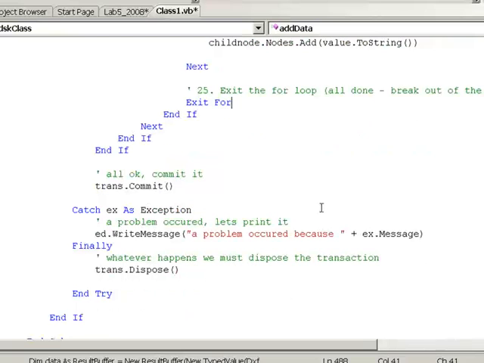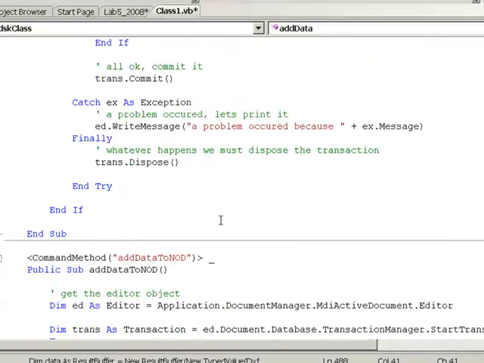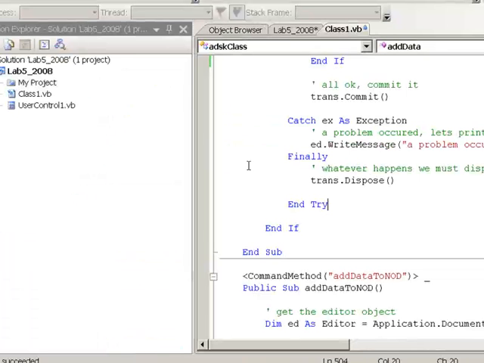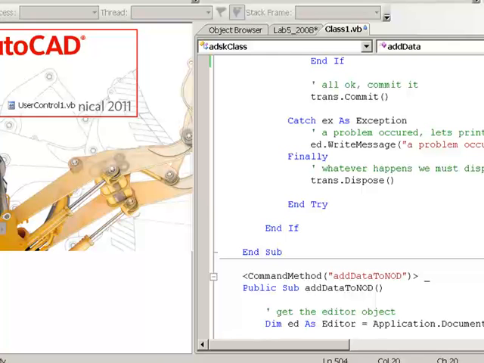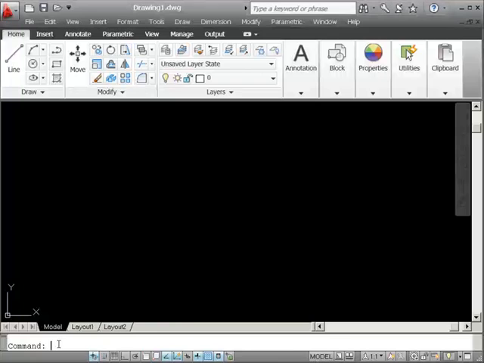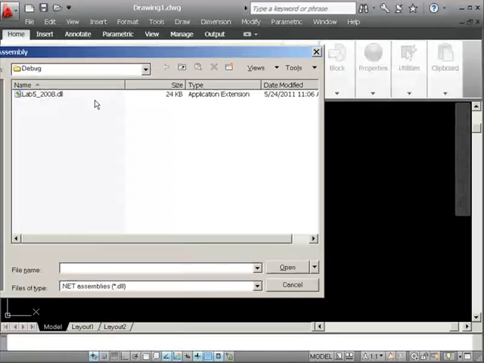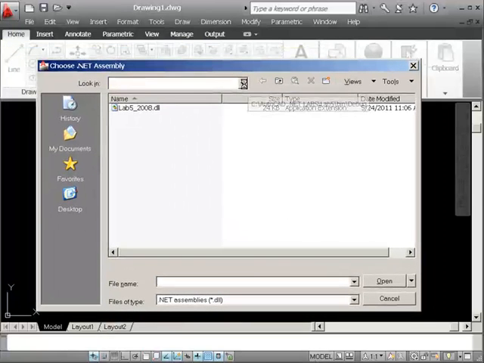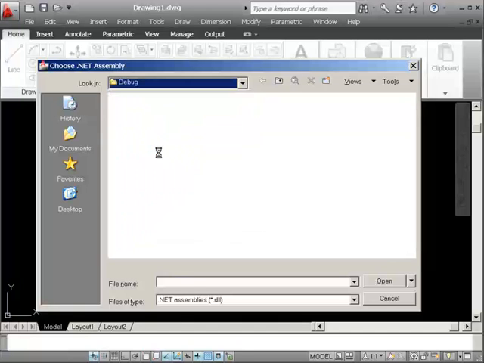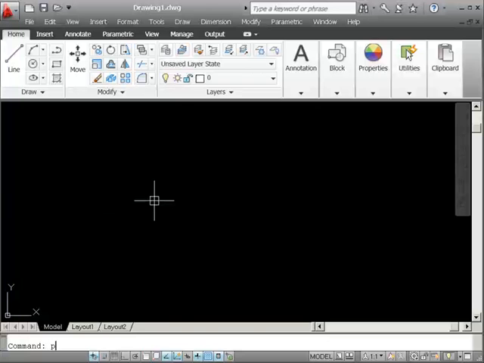Okay, the lab's not complete yet, but we can go ahead and try running this part of the lab, this command called add data, and then we'll come back and do add data to node later. I'll just hit F5 and start debugging. Okay, AutoCAD has started up. I'm going to run the netload command, and let's make sure we load the right DLL. That's Lab 5 2008 DLL. I'll open that. I'll run the palette command,